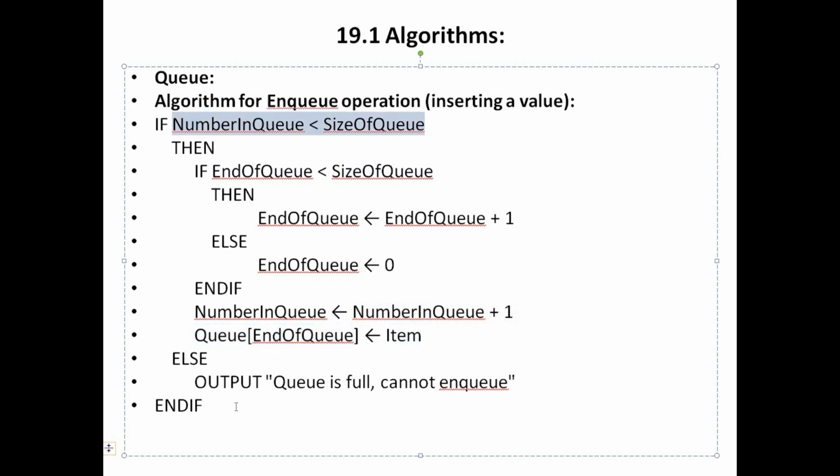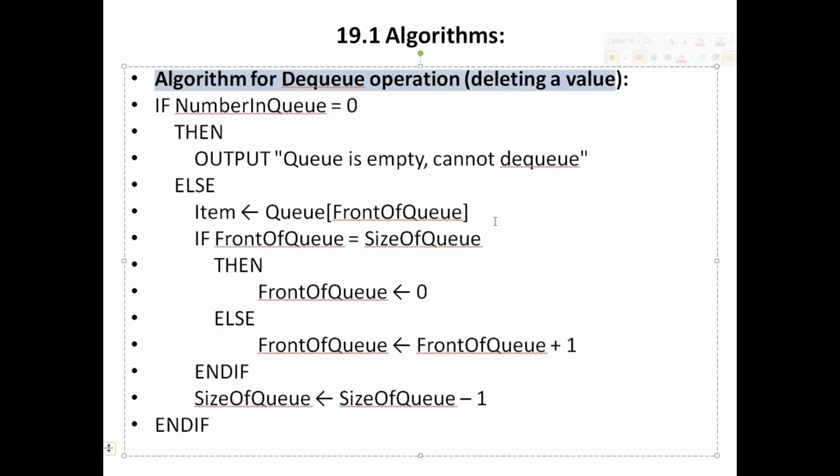Otherwise, if this condition is not met, then you'll simply say sorry, queue is full, cannot enqueue. For dequeuing or deleting a value, this is the algorithm. If number in queue is 0, then you output sorry, it is empty, you cannot dequeue. Otherwise, you'll take element at front of queue, the position front of queue, you'll put it in item, then front